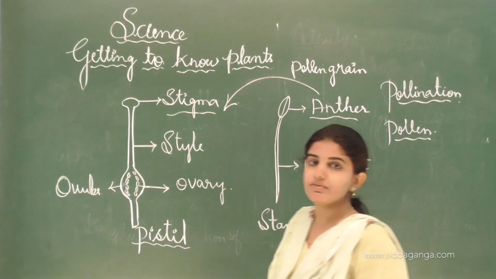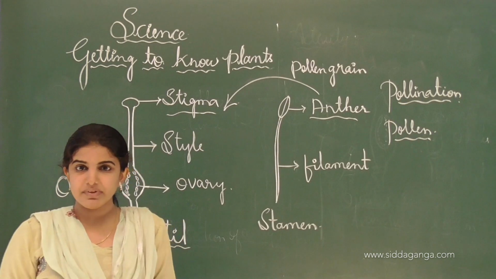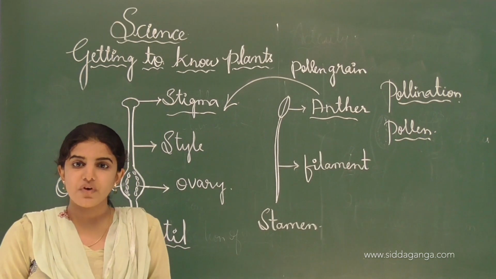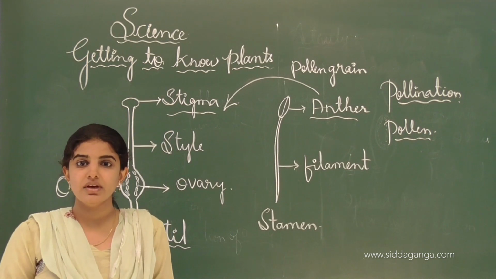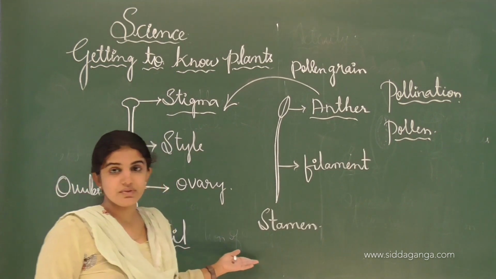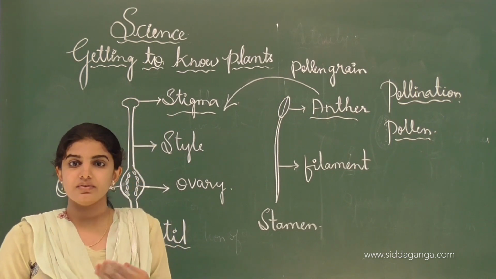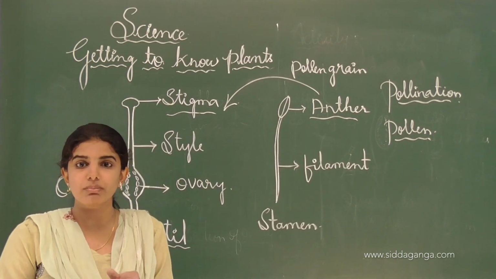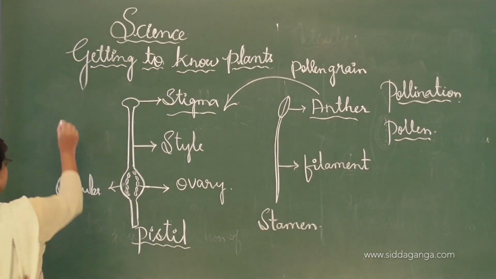See, this is all about the flower. The flower is divided into different parts, such as the pistil, stamen, petals, sepal, and these different parts have some functions. For example, petals attract the insects to visit and suck the nectar from the flower, whereas the sepal is present at the base of the flower, and this sepal has the function to protect the flower in the bud condition and to give support after the flower matures. See, this is the function of the sepal.